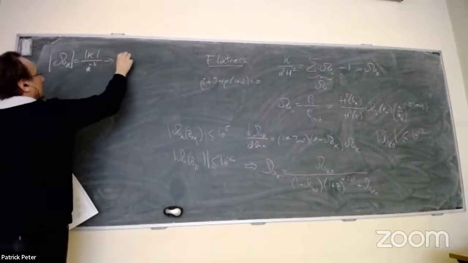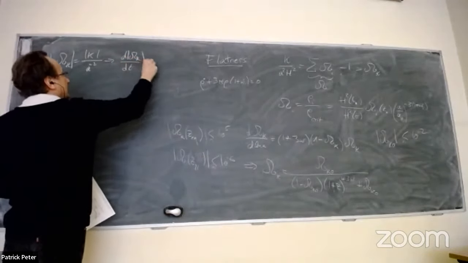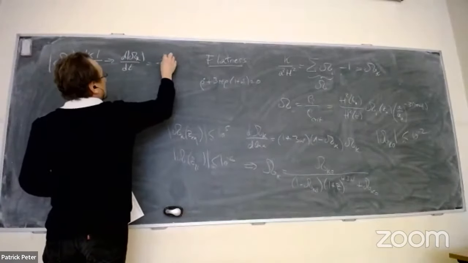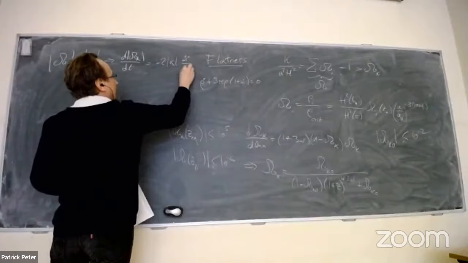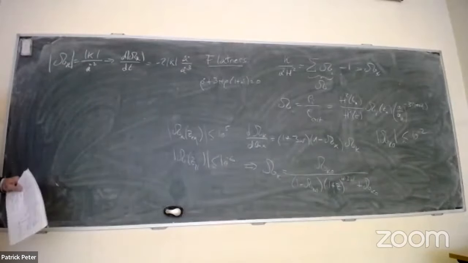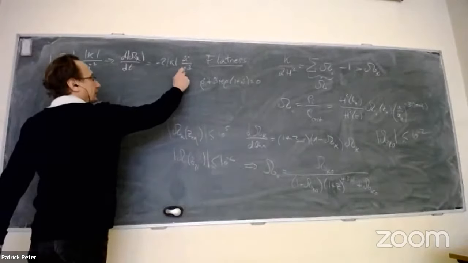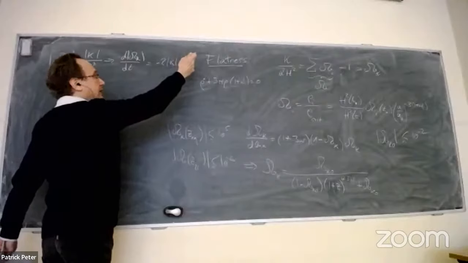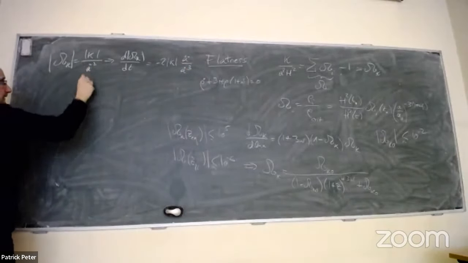So d omega k by dt equals minus 2 k, and then you have a double dot over a dot cube, right? And so you see this in the general usual standard model. So this is positive and this is negative. So the overall thing is positive, and therefore if you plot